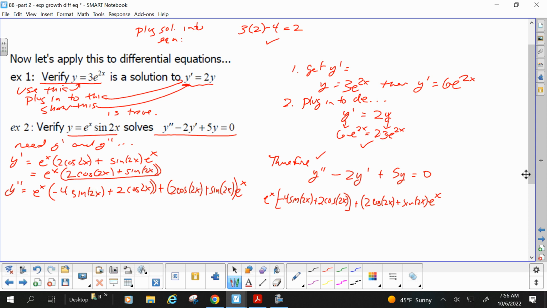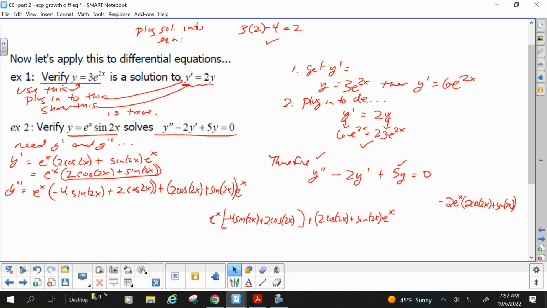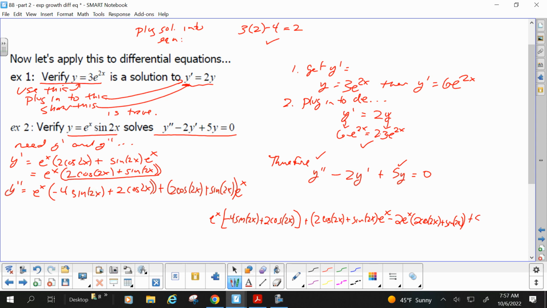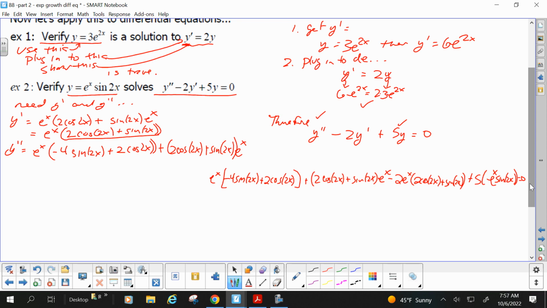Negative 2y prime is negative 2 e to the x times 2 cosine of 2x plus sine of 2x, plus 5y. Phew. Plus 5y is plus 5 times e to the x sine of 2x. All that's supposed to equal 0. My goodness. So if I distribute here,